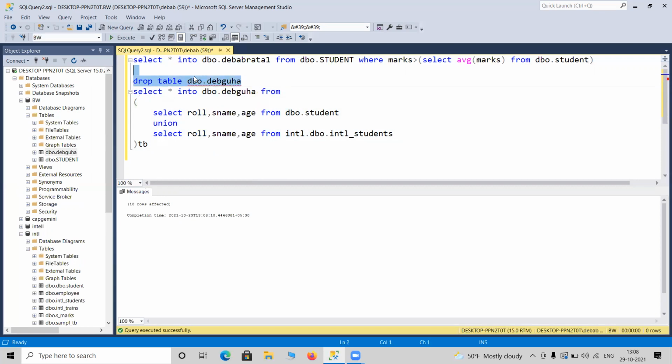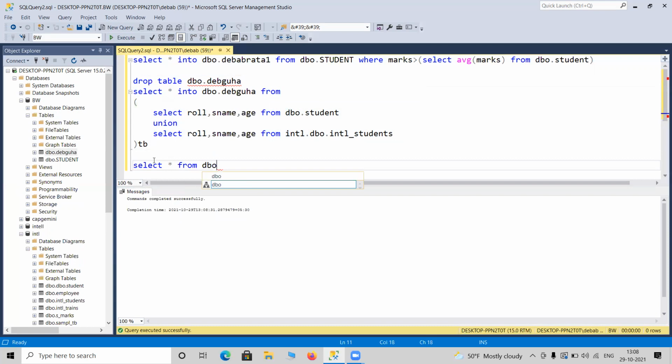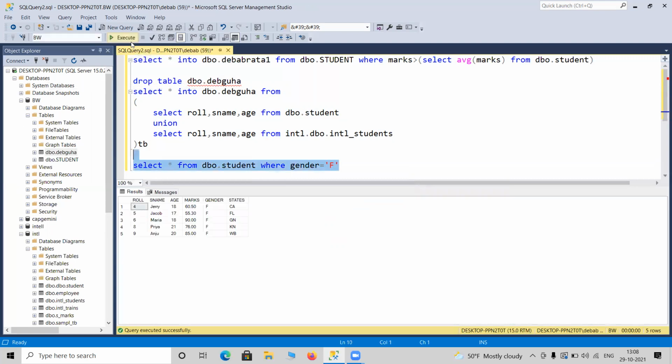In front of any query you can place that. I can write select star from dbo.student where gender equals female, the simple query that we did last day.